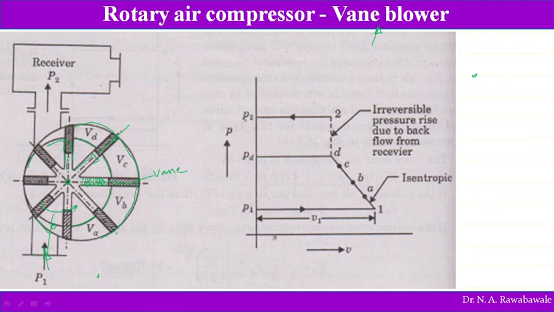when these vanes are moved, the trapped air moves in this direction, and these vanes are moving in the outward direction. As these vanes move forward, this air first occupies this place, then it comes to Va, then Vb, then Vc, afterwards Vd, and suddenly it comes to Ve. When it comes to Ve, this air is squeezed out into the receiver, and immediately after that there is